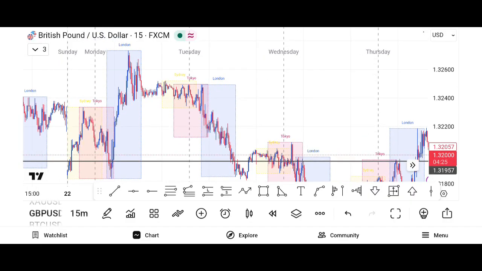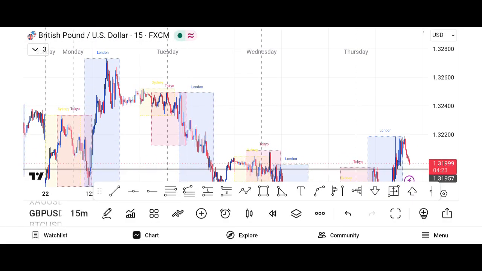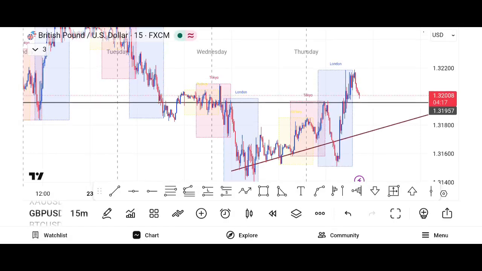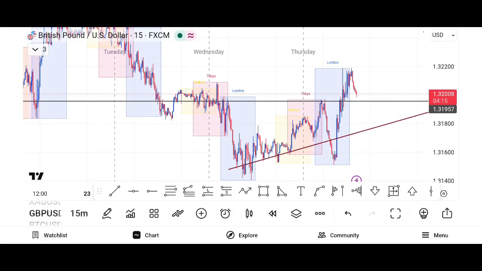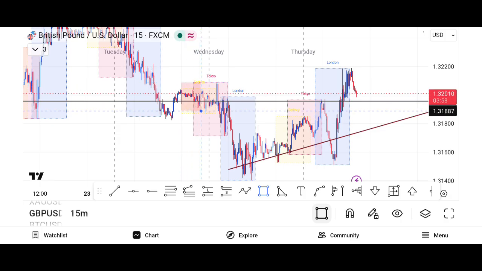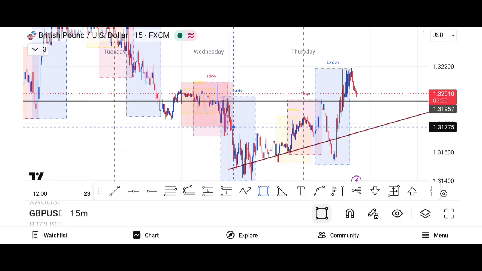Now that we have finished the technical analysis, the second thing we are going to do is the AMD. What is an AMD? AMD is when the Asian session accumulates. After the Asian accumulates, then we have the London session manipulates, then we have a distribution. The Asian accumulated right here,